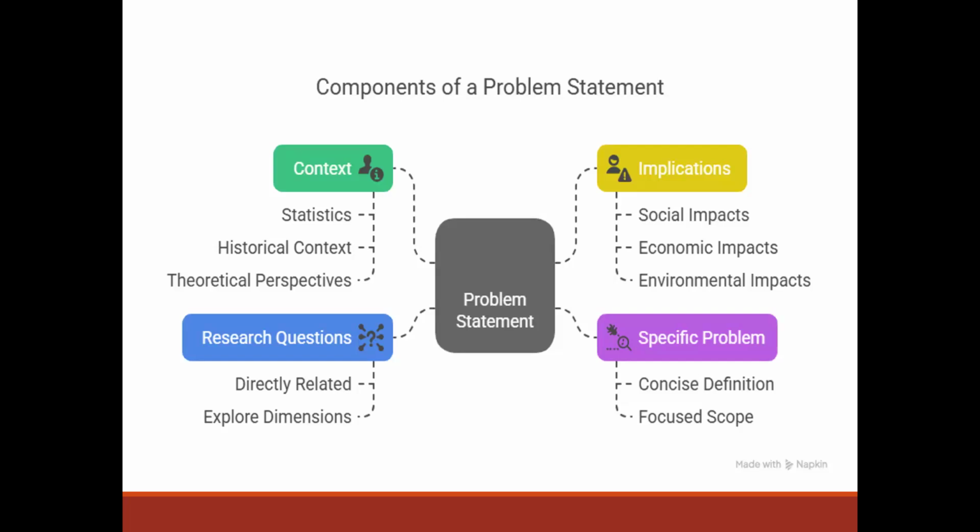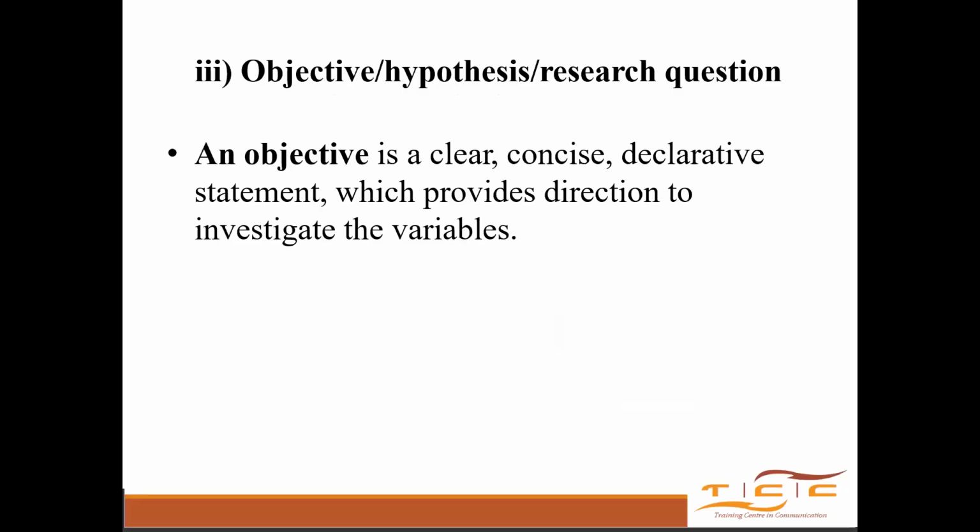Then go to the justification part and now justify why those problems need to be solved and how your research is going to help solve those problems. Okay, so basically the implications need to be there. Then all these other things I'm not going to. Then we talk about the objectives.